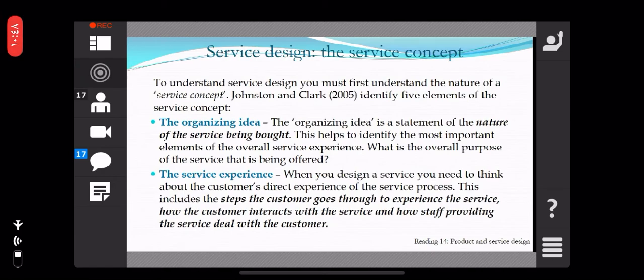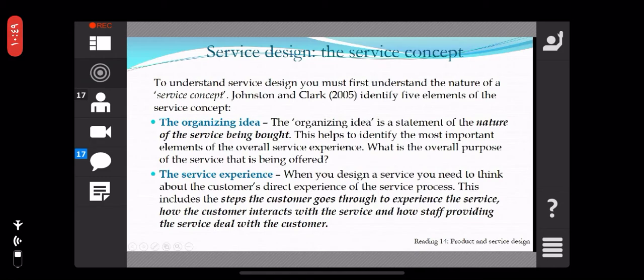Basically, service experience means how they are facing the services from a customer's point of view. Okay, service experience, how they experience the services. Therefore, let's say a customer or a client has an experience with the service industry, let's say the hotel industry. They are entering or staying in a hotel, so they are talking about the experience of the service. So as an organization, when you design a service, you need to think about the customer's direct experience